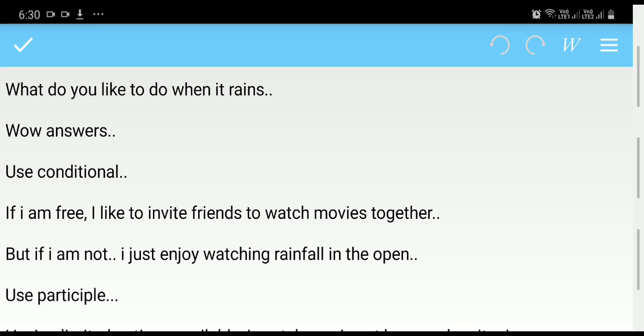सो वेन एवर देर इज़ अ सिचुएशन, जब कभी आपको चांस मिले, आप एक नॉर्मल आंसर को एक वाव आंसर में बदल सकते हैं यूजिंग सम कंडीशनल्स. फॉर एग्जाम्पल, लेट्स से यू आर ट्राइंग टू एक्सप्लेन रेन. क्वेश्चन आपसे पूछा गया है कि व्हाट डू यू डू व्हेन इट रेन्स. तो आप बोल सकते हैं व्हेन इट रेन्स आई वॉच टीवी, व्हेन इट रेन्स आई लाइक टू गो आउट. अब ये तो बड़े सिंपल से सेंटेंसेस हो गए. इसी को आप कंडीशनल बना सकते हैं कि